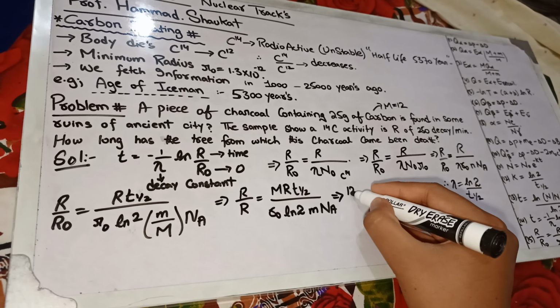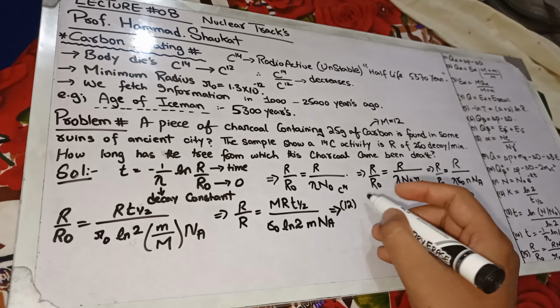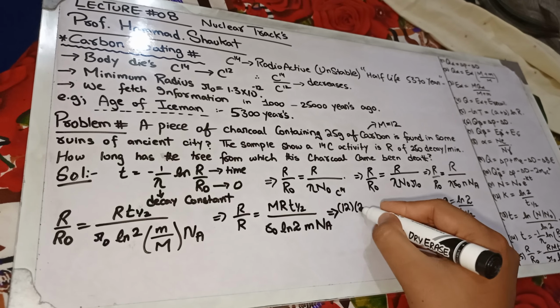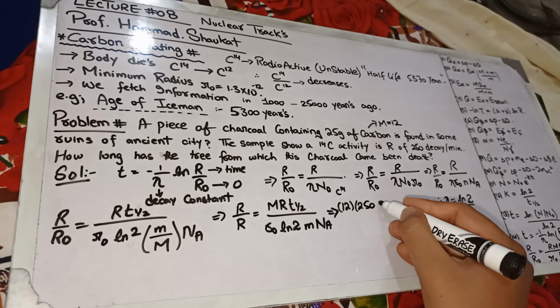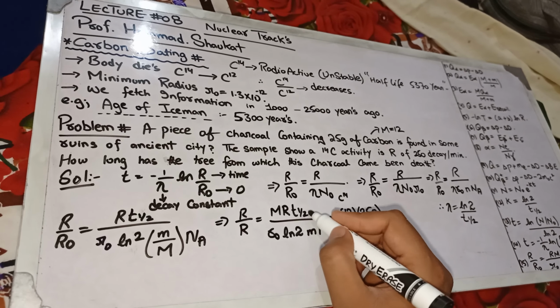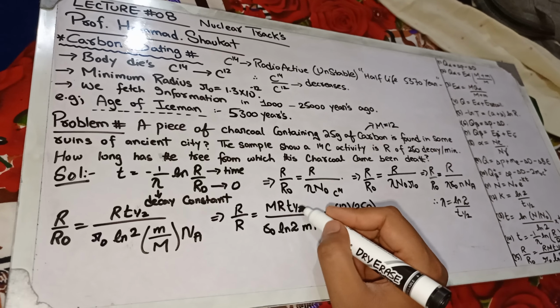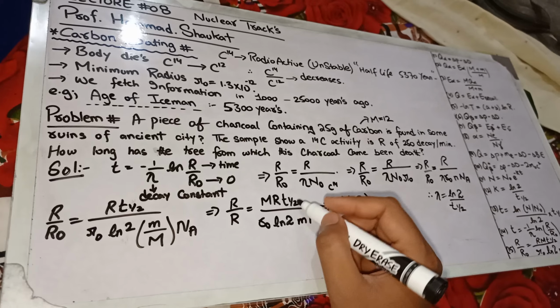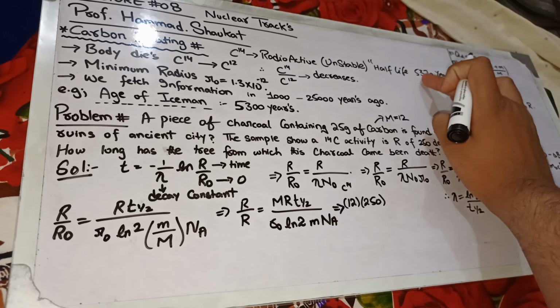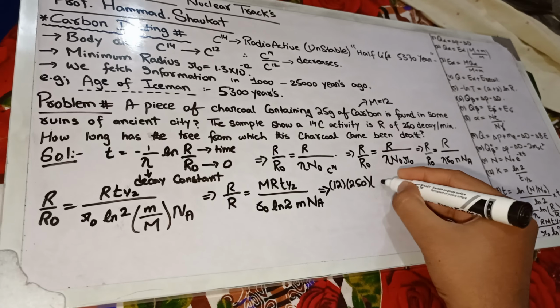So 12 multiplied by r, the r value is given, which is 250. And the half-life of carbon 14 is basically, as I mentioned here, 5370 years. So you have to put here